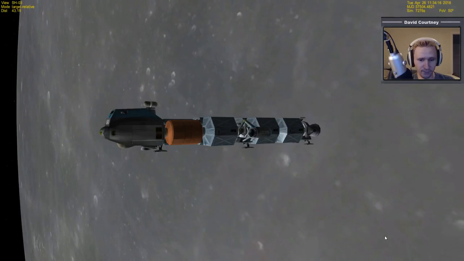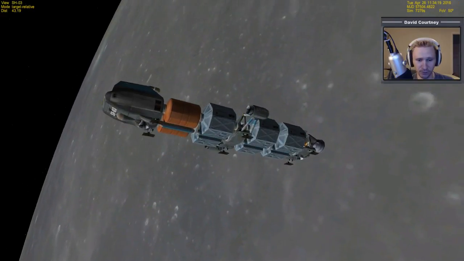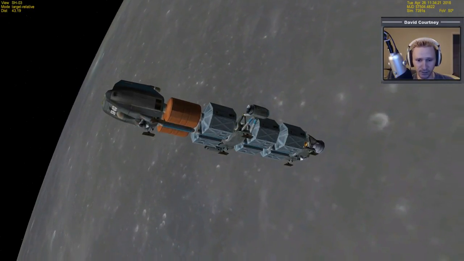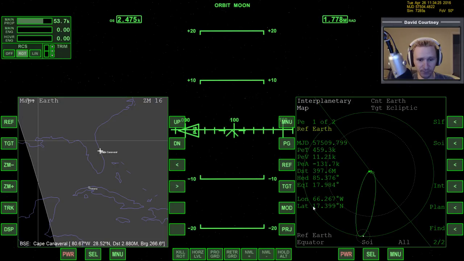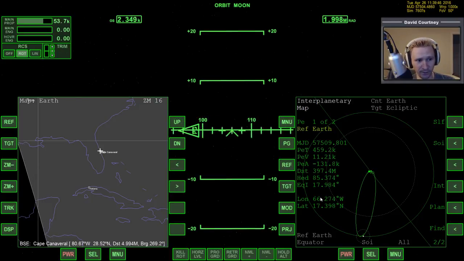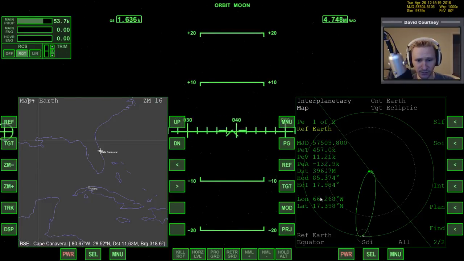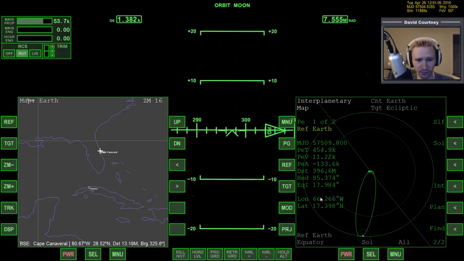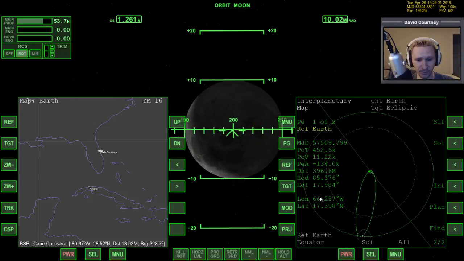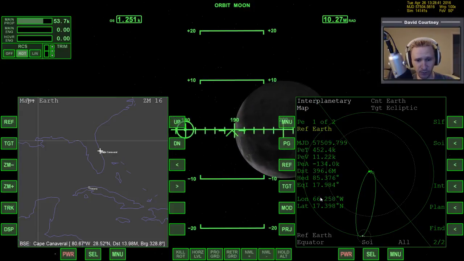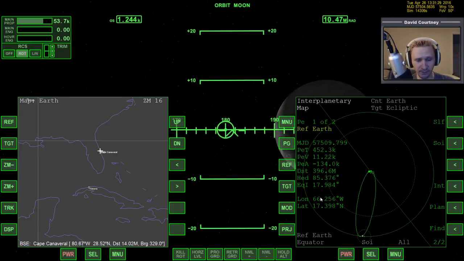But I think it'll be cheaper in terms of fuel usage if I do this correction after I get outside of the lunar sphere of influence. So the first thing I'm going to do in this video is warp time forward to get away from the moon. So let's just time warp at 1,000. And what I generally do is just let the vessel spin on its own until I'm facing the body that I'm coming from, which is the moon in this case. I'll let it go all the way around to retrograde. Then I come out of time warp,